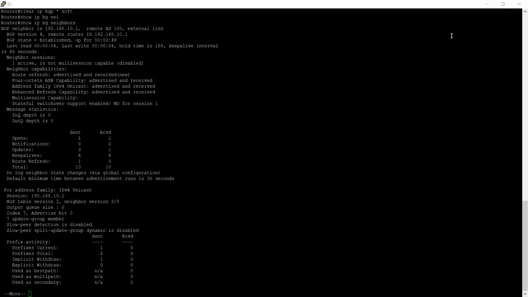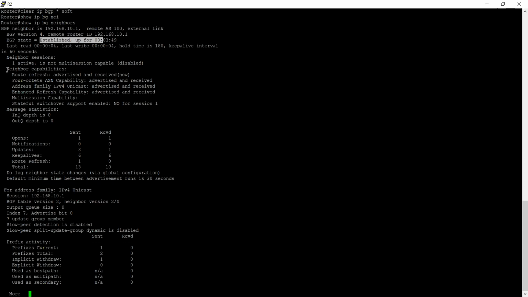I will go to the router and check what they are exchanging. See what I told you, the BGP version, router ID. Now the Established state is showing, so that means it's established. The hold time is here, you can see 180 seconds, and the keepalive interval is the default. I didn't make any changes.